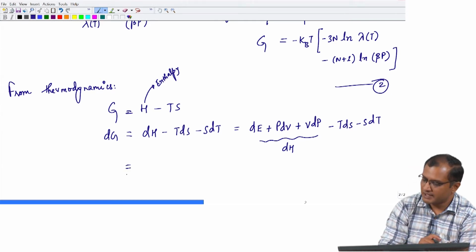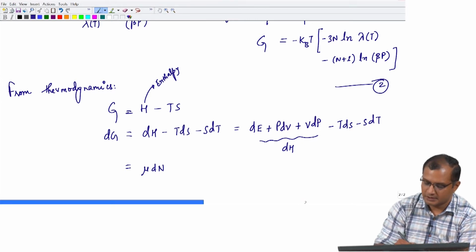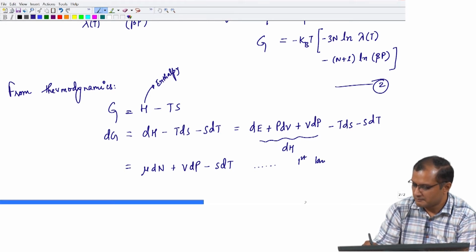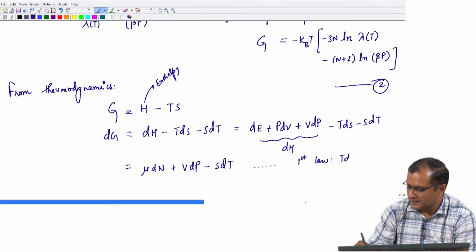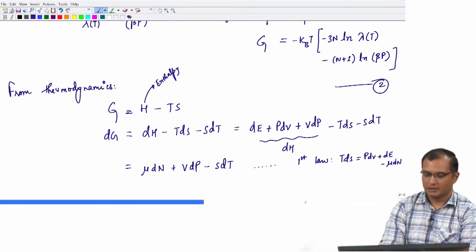So, you can now write it as just mu dN, okay, plus VdP minus S dT, because I have used the first law as TdS equals PdV plus dE minus mu dN. Okay. So, then